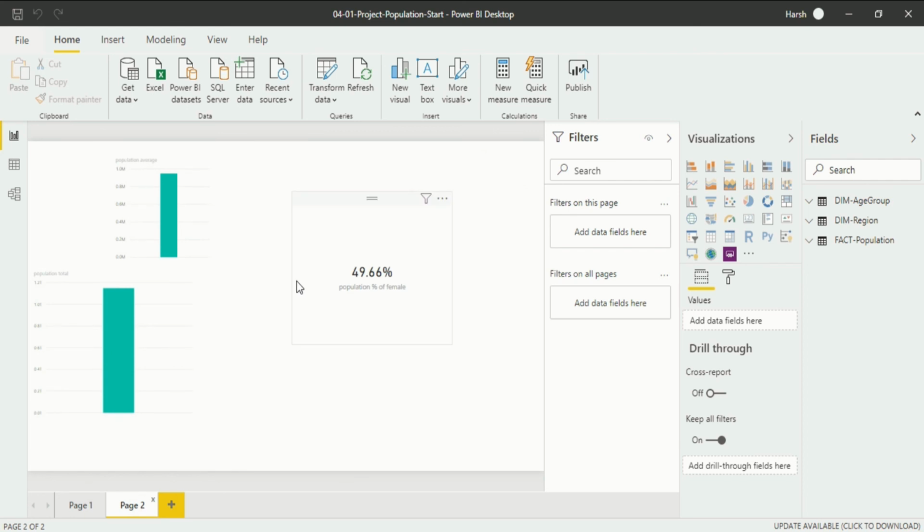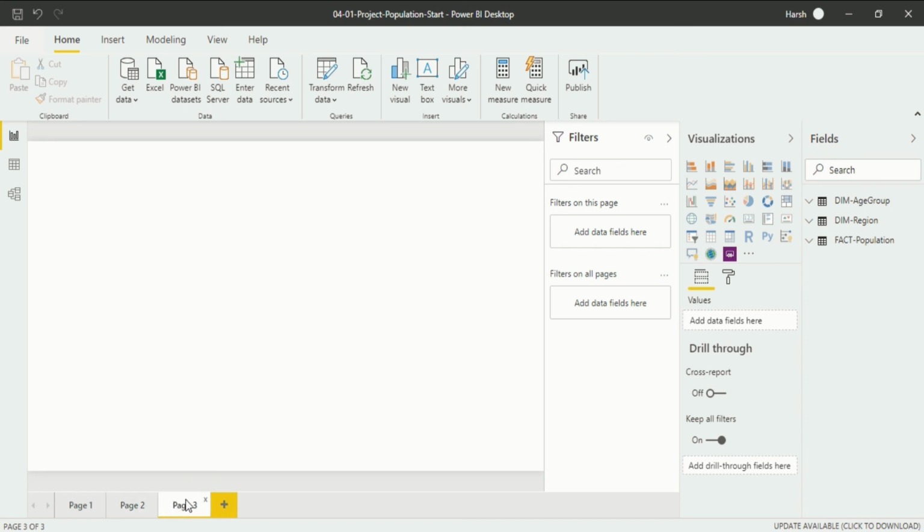If I want to create a new page in a report view, how do I do that? You just have to go to the lower side of the screen and click on the plus sign for a new page. After that you will see a new page has been created, which you can do very easily. If you want to change the name of a page, you just have to double click on it and you will see that you can write a name. Type 2 we can write, and this is how you will change the name of a page.